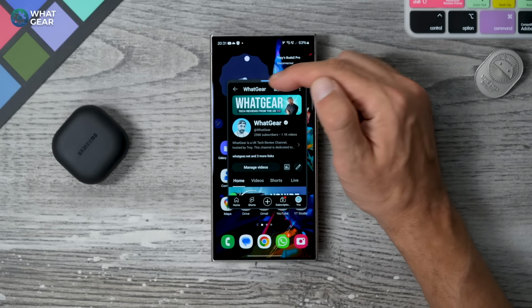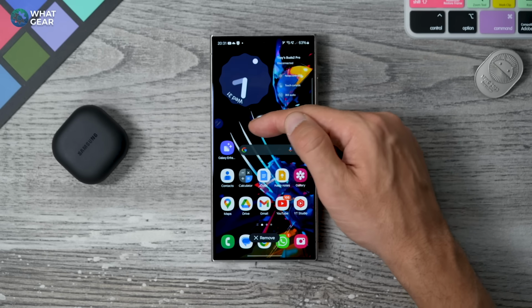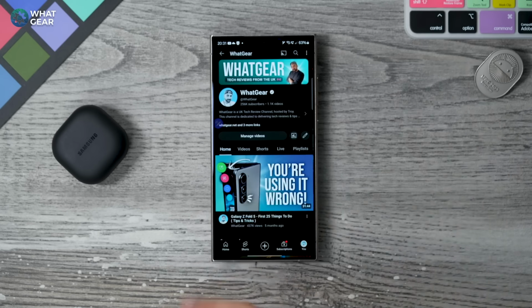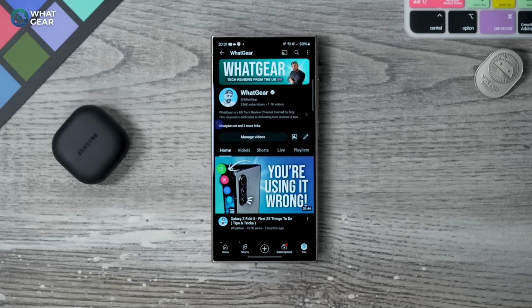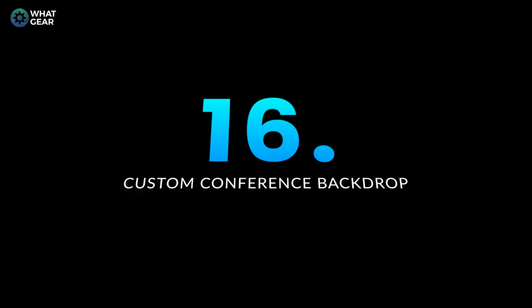Some of the other features here on the pop-up window is you can minimize it and it just appears like this as a floating icon. And if you want to maximize the screen to take up the full display again, you can do that very quickly. That was just a very quick crash course on pop-out view. I have gone into way more depth in other videos. Anyway, let's move on to the next one.